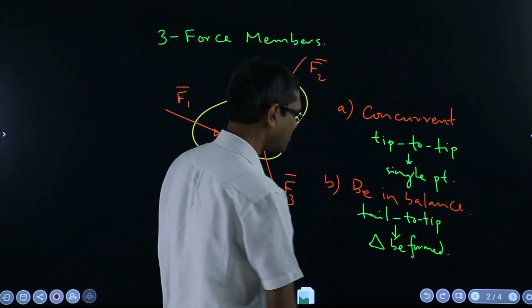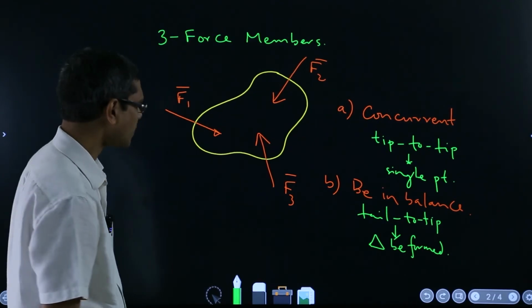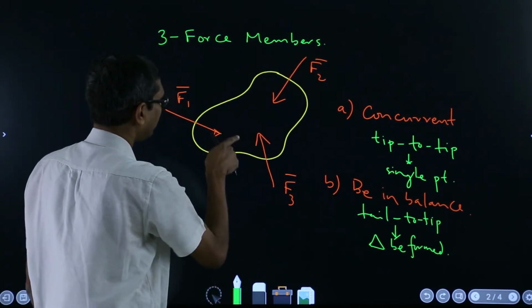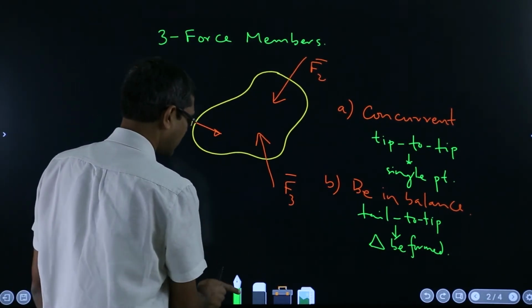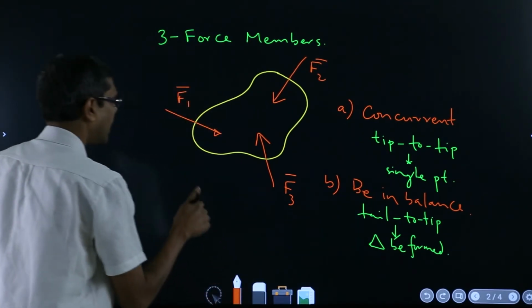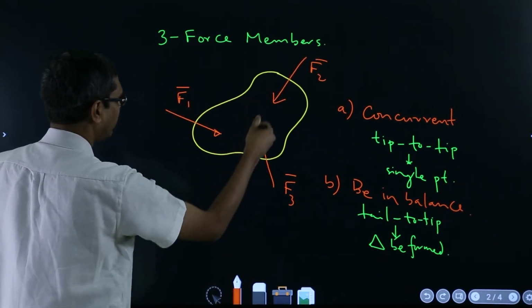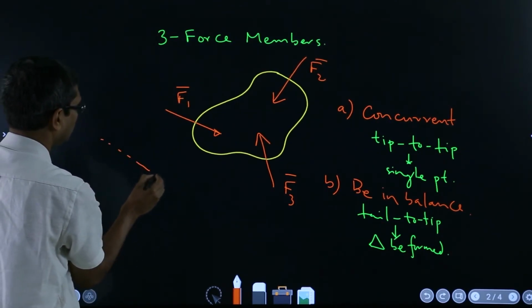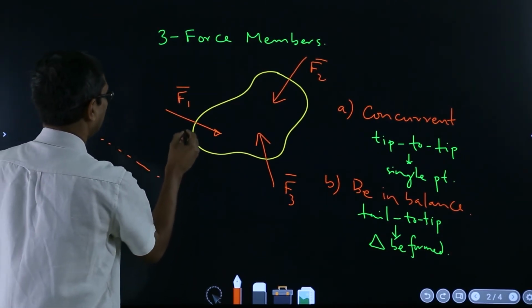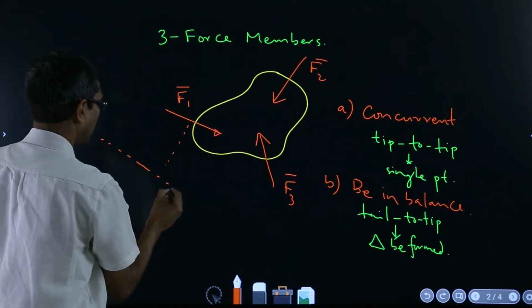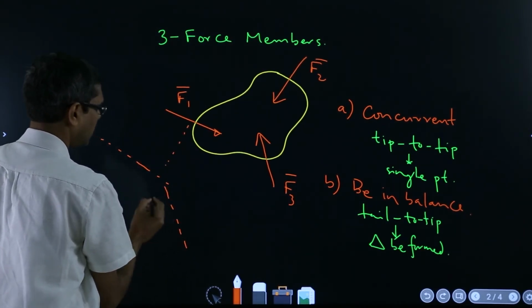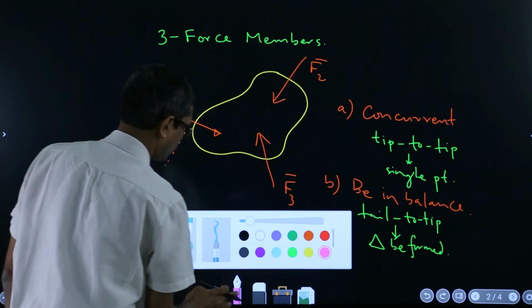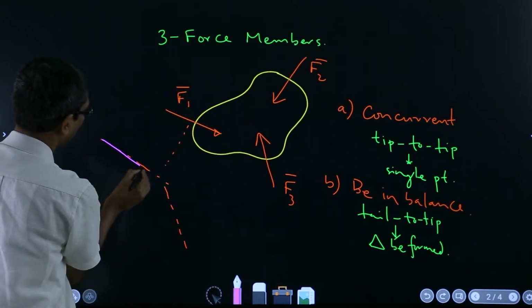There should not be any open end. Okay, that means if this body is in equilibrium under the action of these 3 forces, and then if I extend these lines of action, so what should happen is,